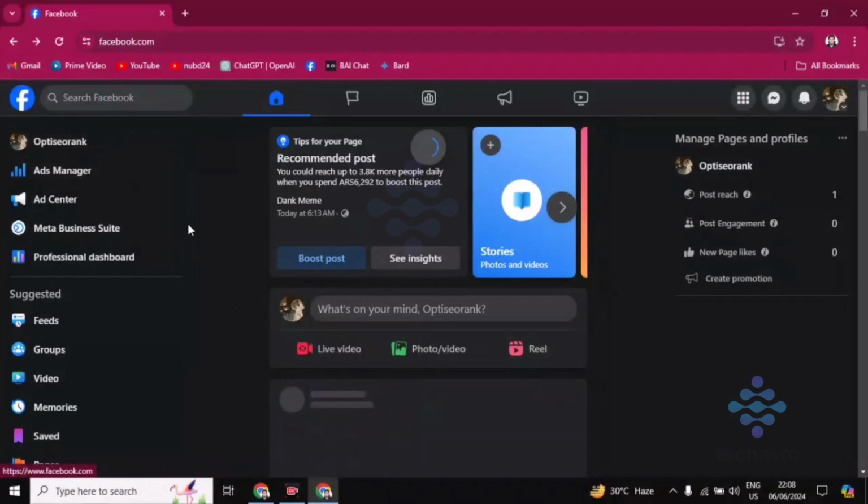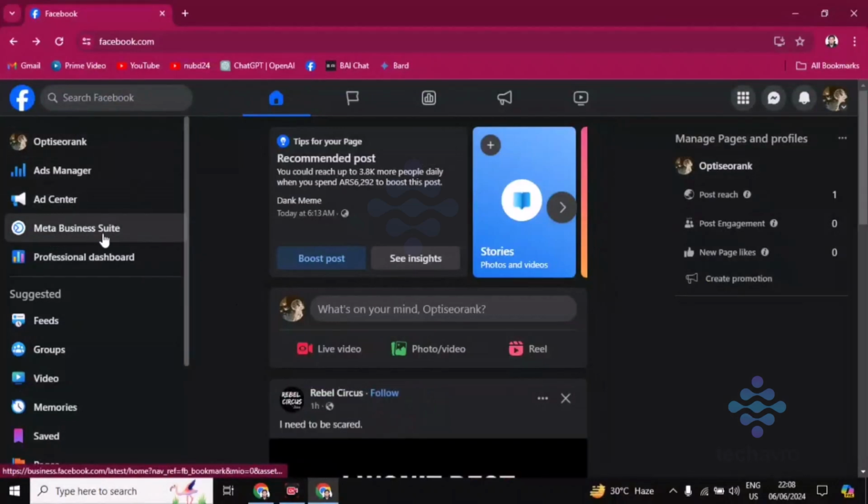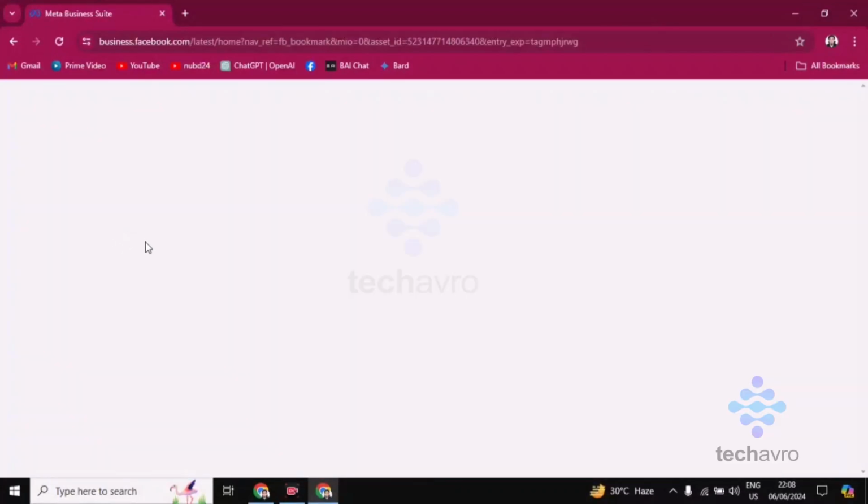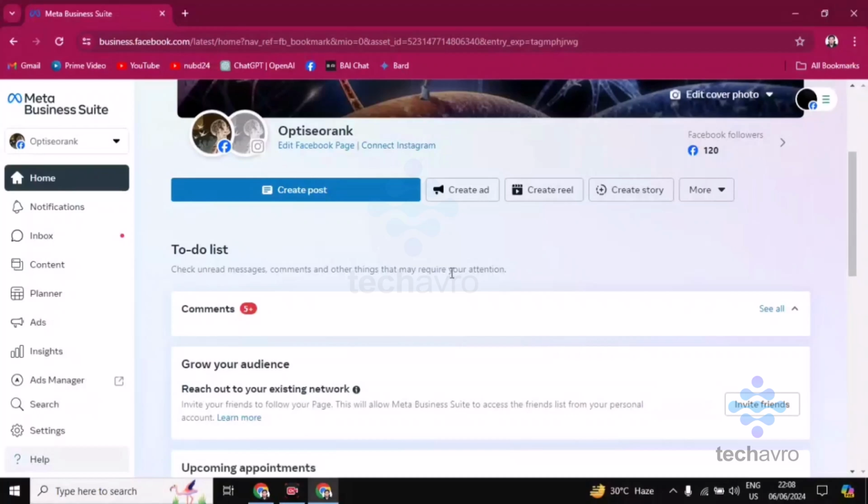Okay, then you have to click on this Meta Business Suite. Click on this. Now you have to click on this more option, you drop down menu, and choose bulk upload videos. Click on this,